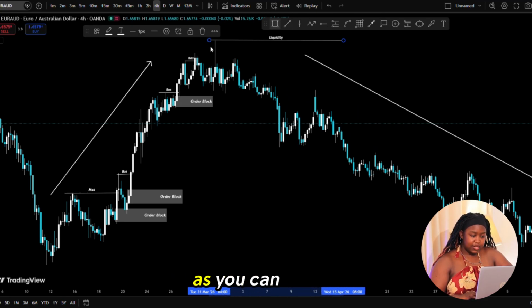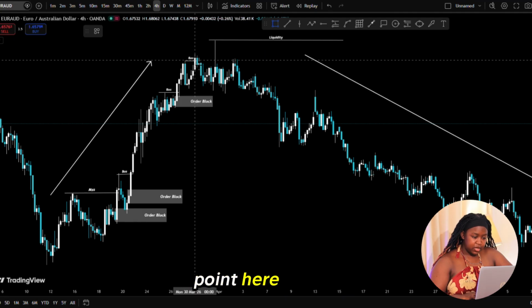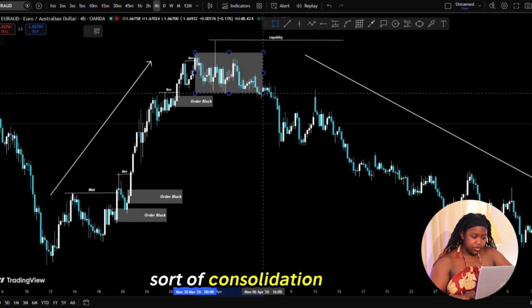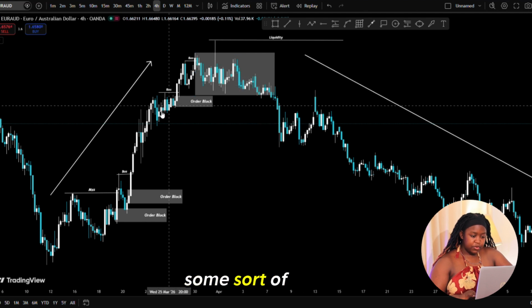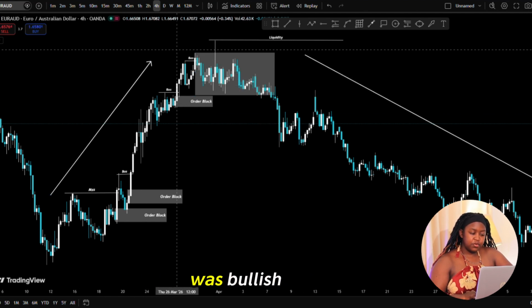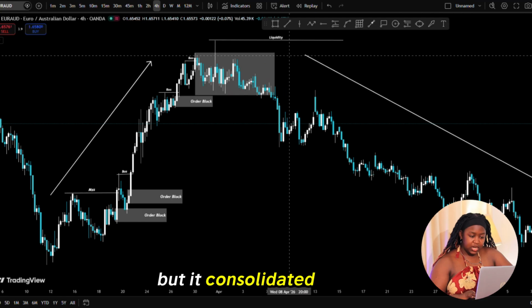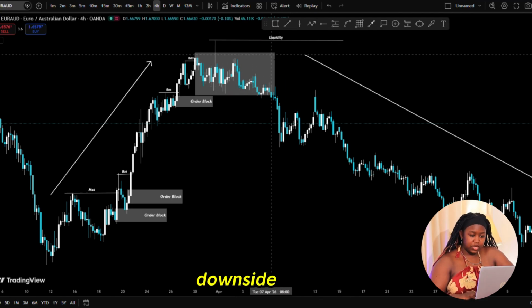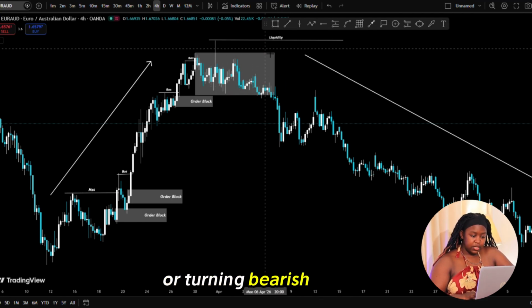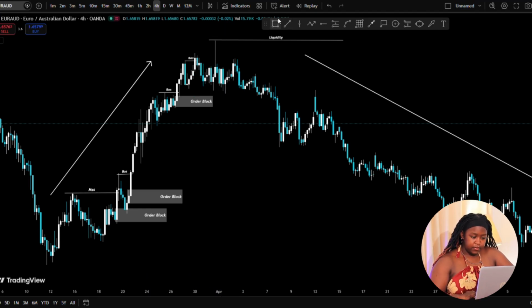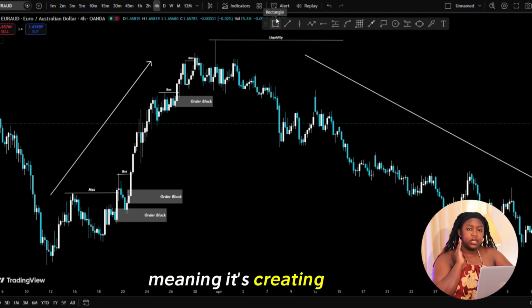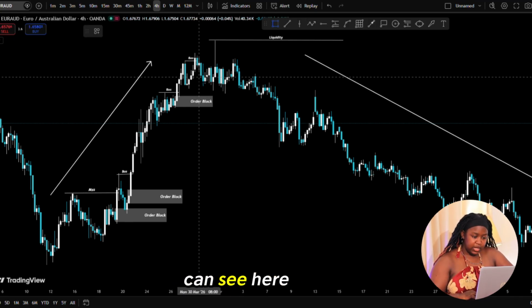So guys, as you can see, at this point here, we had some sort of consolidation. So we had some sort of consolidation, meaning price was bullish, but it consolidated a little before moving to the downside or turning bearish. So that's consolidation, meaning it's creating equal highs and equal lows. So as you can see here